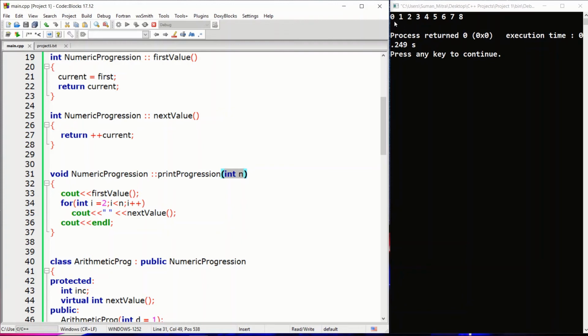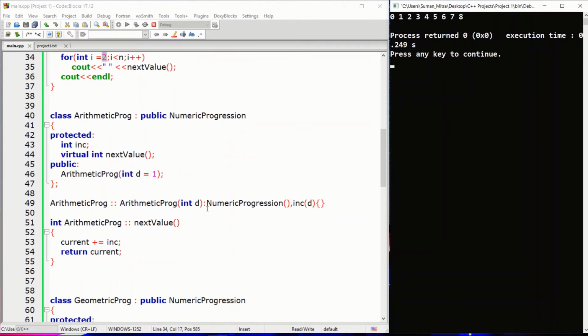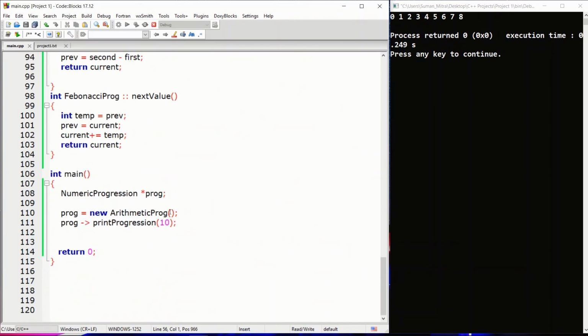10 numbers are getting printed, because we know if we count till 10 we are counting from 2, because the first value we are taking is 0. Okay, and you might be thinking how the difference is 1 here. So come to arithmetic progression, and you can see when we create the constructor, the default value we pass is 1. Now if we change the default value, you can see there will be, okay, I'll come down here and just write that we want the separation to be 5 and print up till 50.